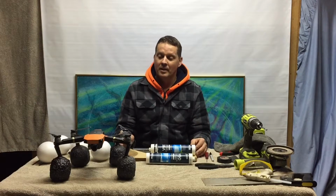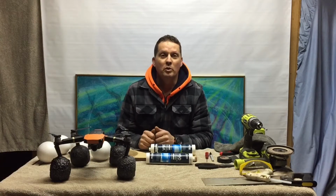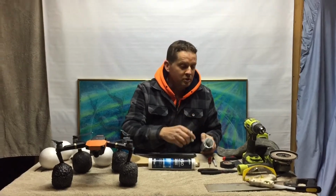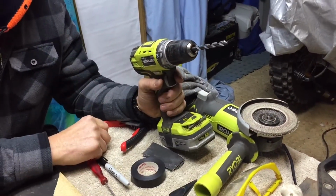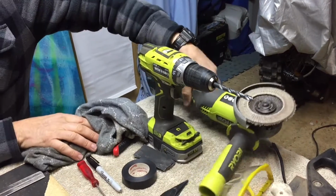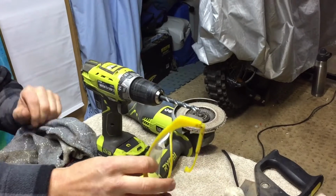Alright, let's get into showing you how you can make your own water floats on the Mavic Pro right over here. Let's have a look at some tools over on the table, what you're going to need. You're going to need a drill with an 8mm drill bit size, maybe an angle grinder, some safety glasses,